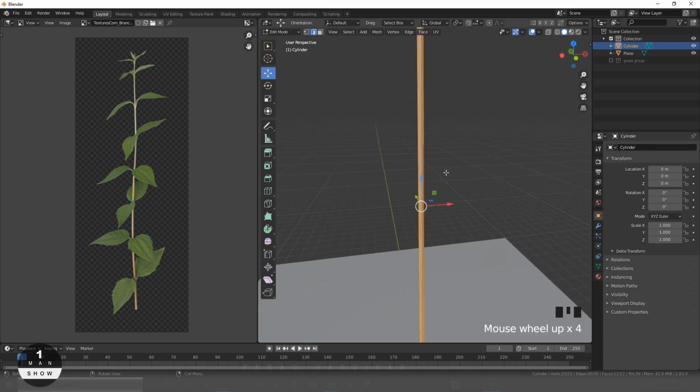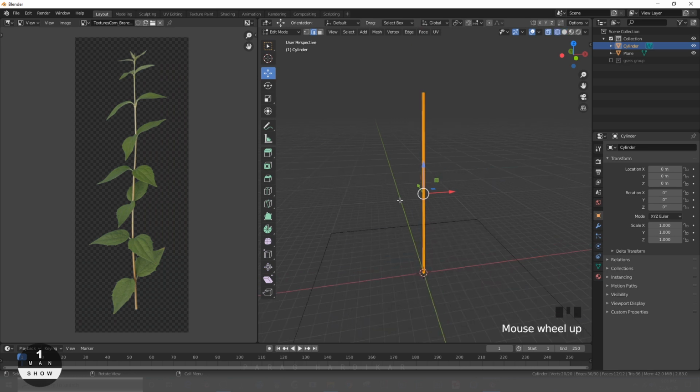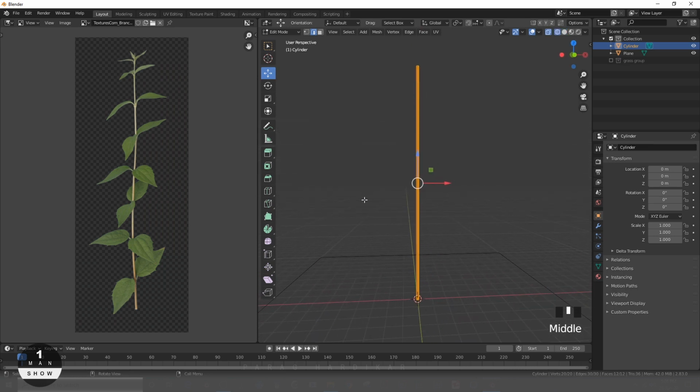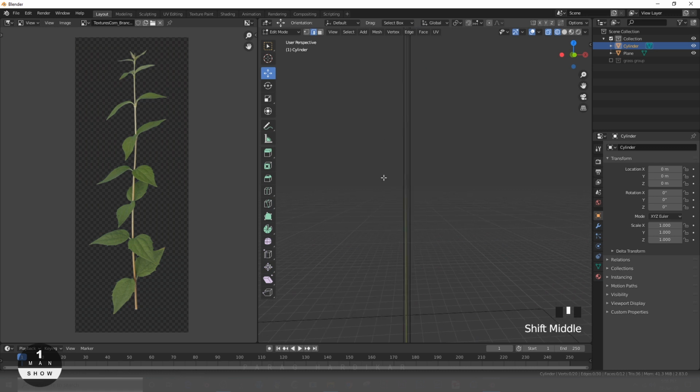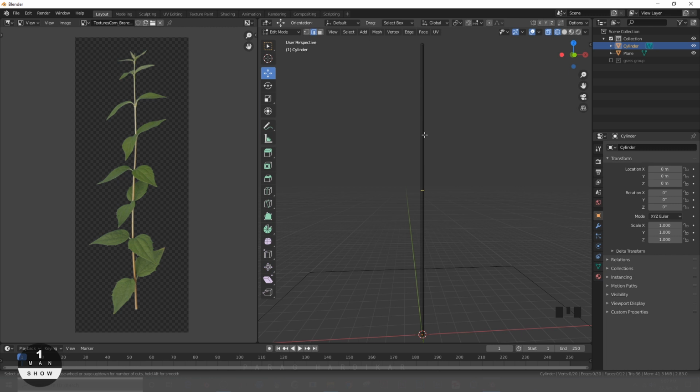I am switching this to wireframe mode by pressing Z on keyboard. Then we will need loop cuts here, more than one. Press Ctrl R and move your scroll wheel to adjust its amount.